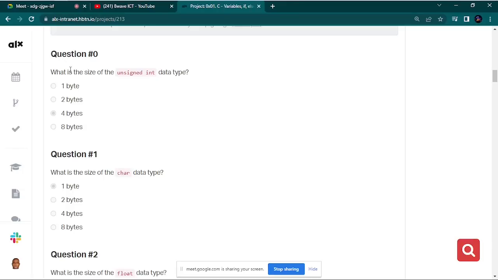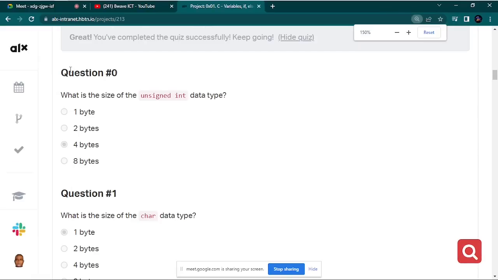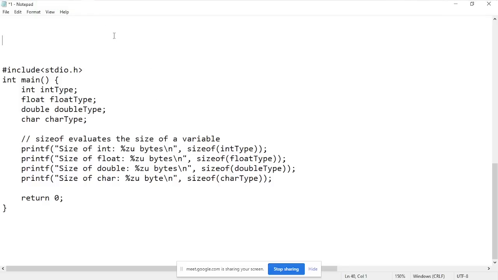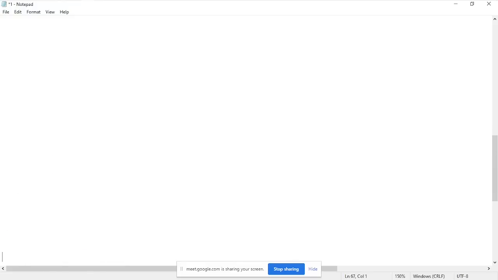So question 0, what's the size of the unsigned int data type? It's 4 bytes. What's the size of an integer data type? Int means integer, and integer stands for whole number in C. Numbers like 5. An integer is a whole number like 5,